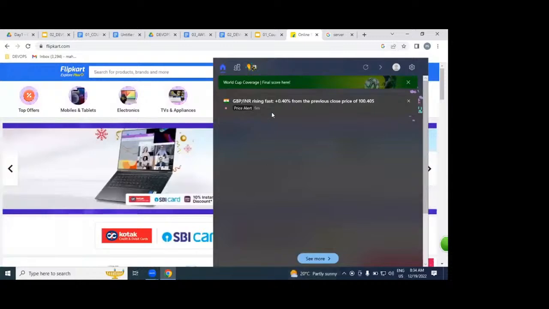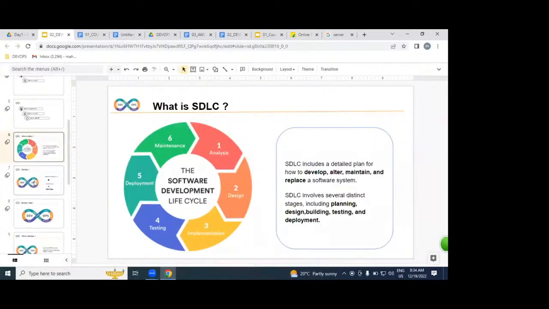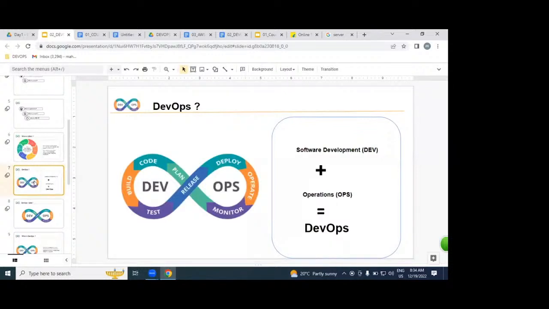On top of SDLC, we are going to be implementing our DevOps process. What is DEV?